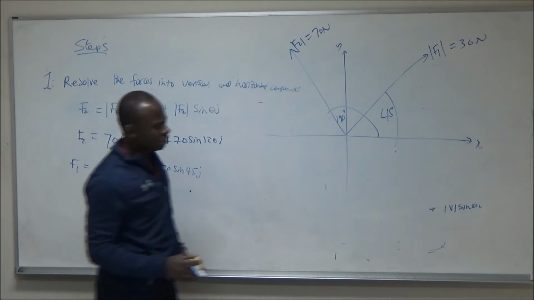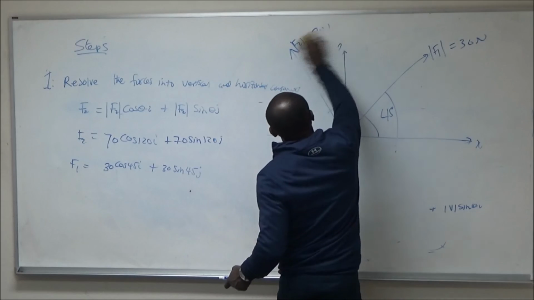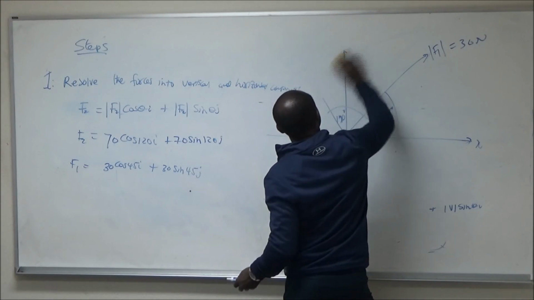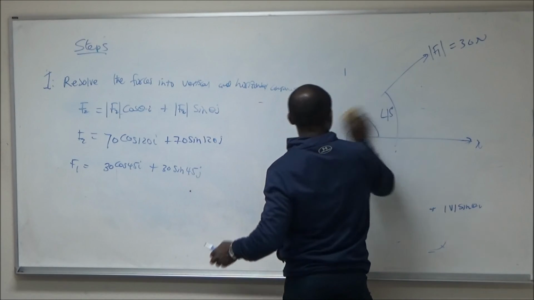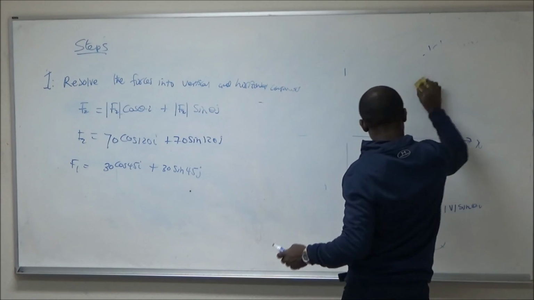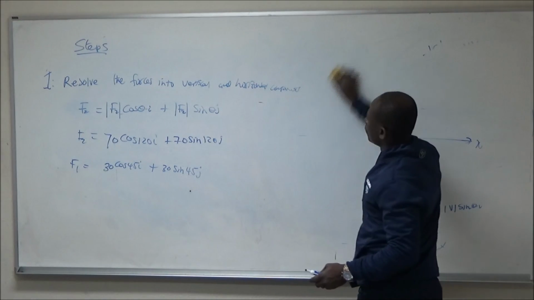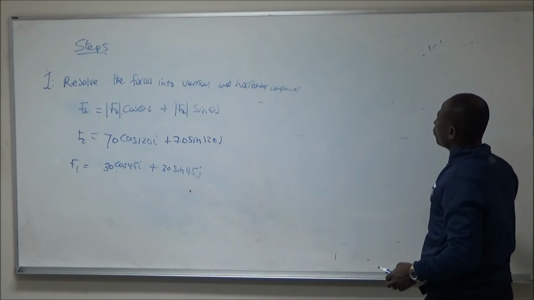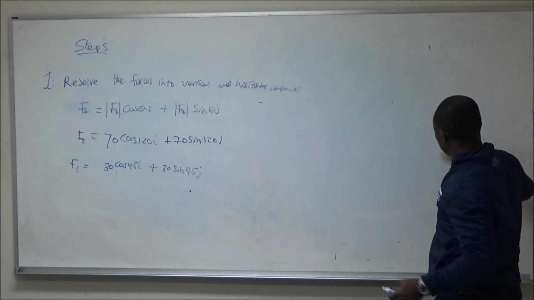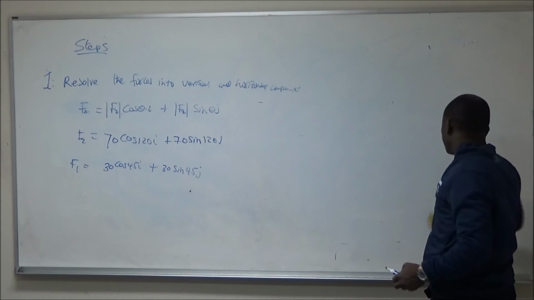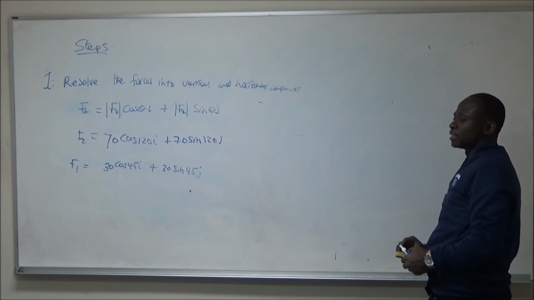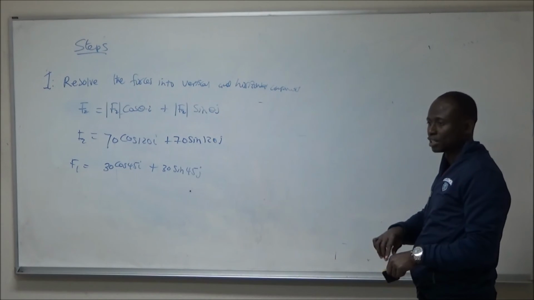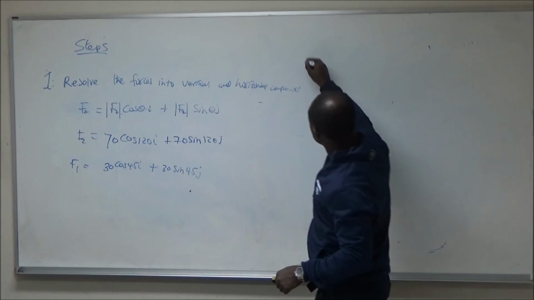That's what that one would be. So that's how we resolve the vectors into their components. In this case, I didn't even need to use a diagram. The diagram is always recommended because sometimes the forces go in the opposite direction, so you need to be careful. Then my step 2,